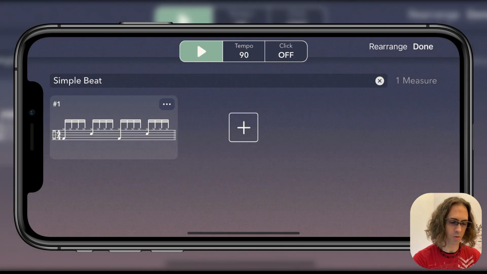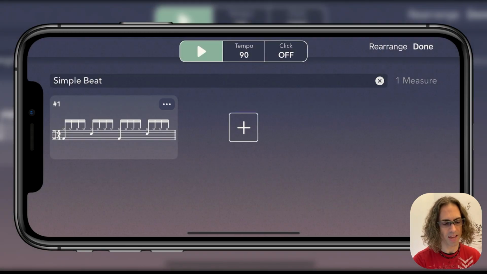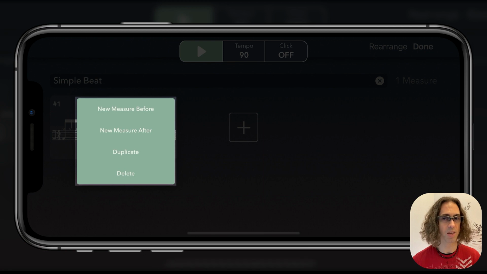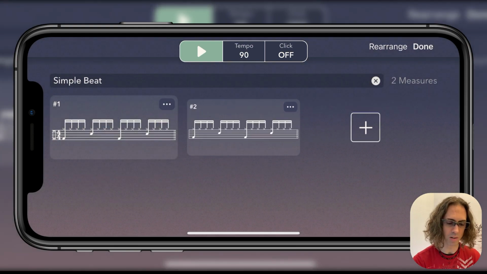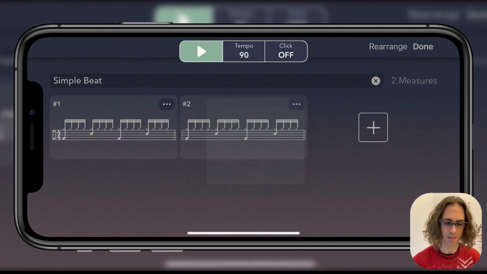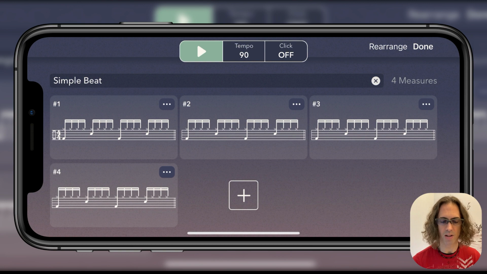There's also a triple dot button I'd like to call your attention to on the measure, and if we tap that, this gives us options that we can choose for working with this measure. We can add a new measure before, we can add a new measure after, we can duplicate this measure, or we can delete this measure. And so what I'm going to do is I'm going to duplicate this measure 3 times. 1, 2, and 3. So here I now have a 4 measure phrase,